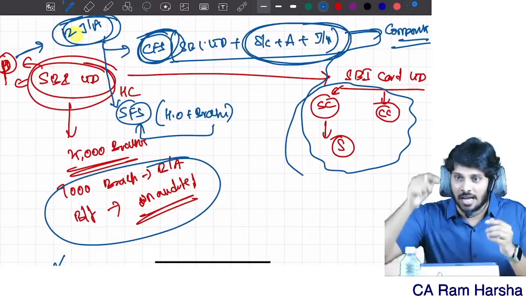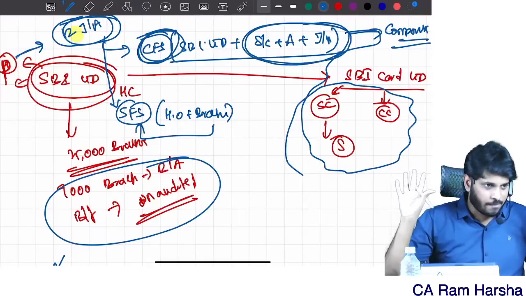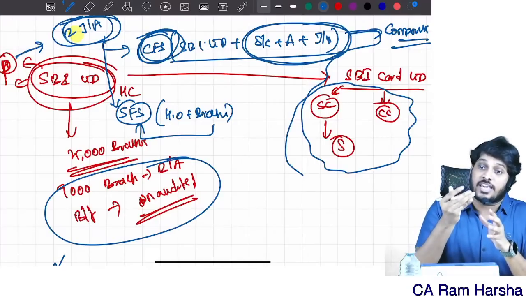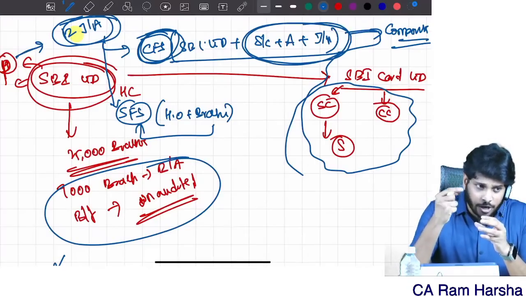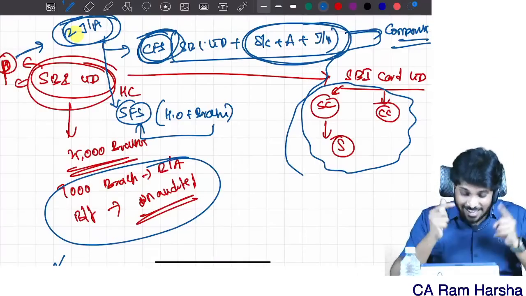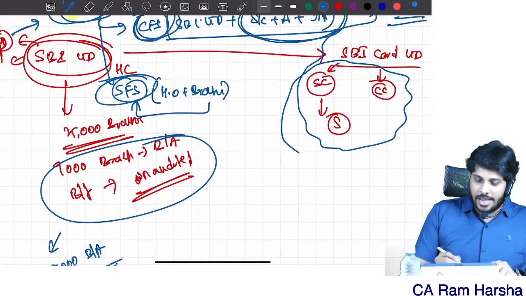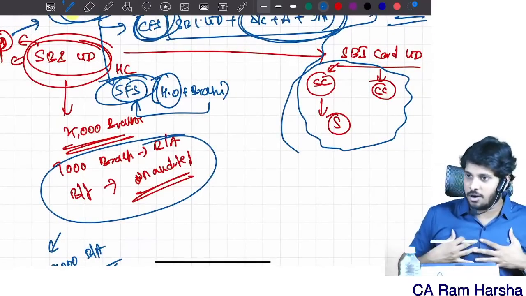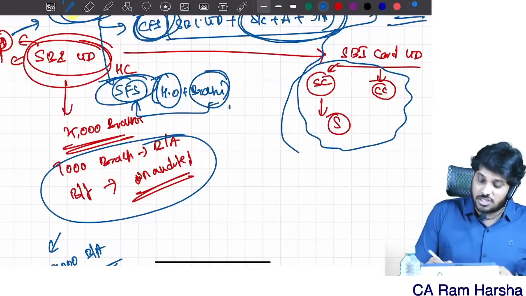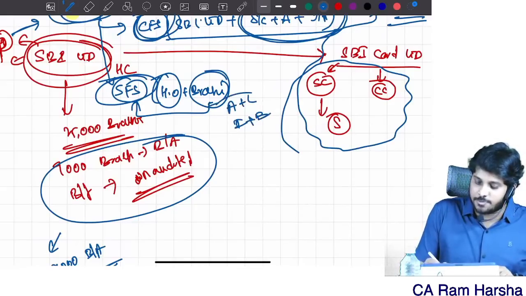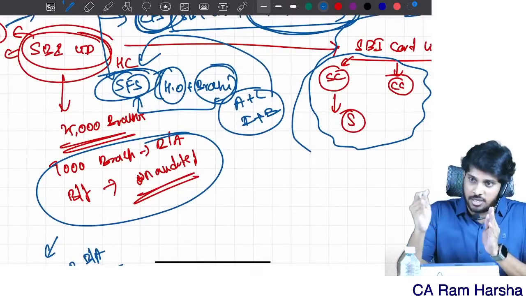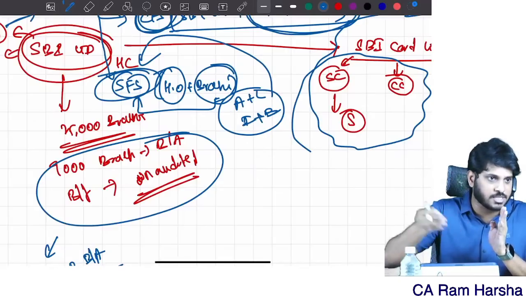Where should I tell that? In the other matter paragraph. In the other matter paragraph of the audit report on consolidated financials, I will talk about components. Same way, standalone financials. Head office I am auditing. But branches are audited by branch auditors. But these branch-related assets and liabilities, income and expenses are all included in standalone financials. In the standalone financials, branch-related assets and liabilities, branch incomes and expenses are also included.